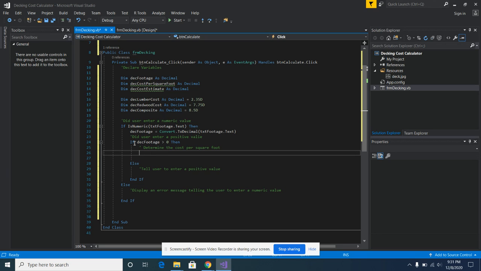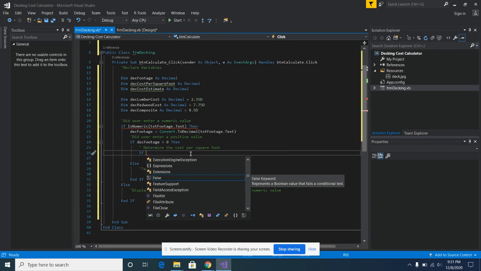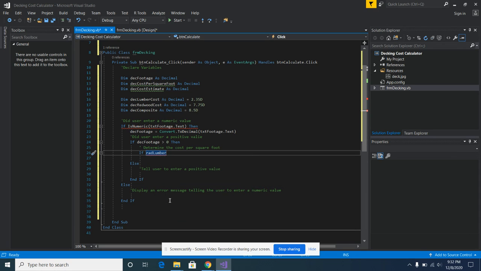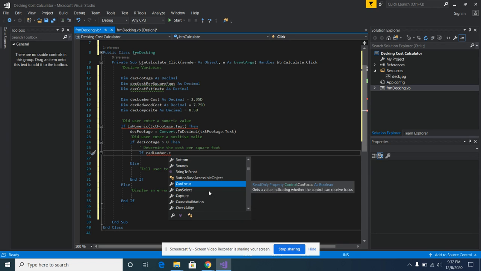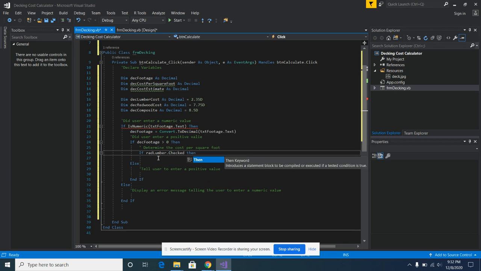So we have two if statements here, and we're going to have another nested if statement in here to look at our radio buttons to determine what they've selected and then calculate our cost. So in here, where we determine the cost per square foot, I've got another if. So I say if, and we're going to use our radio buttons here. So I'm going to start with rad lumber dot checked then, and I could put rad lumber dot checked equals true, but you don't have to. So if rad lumber is checked,